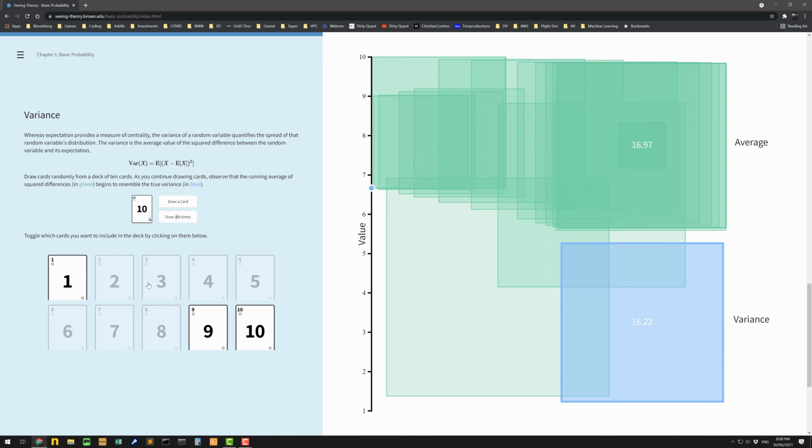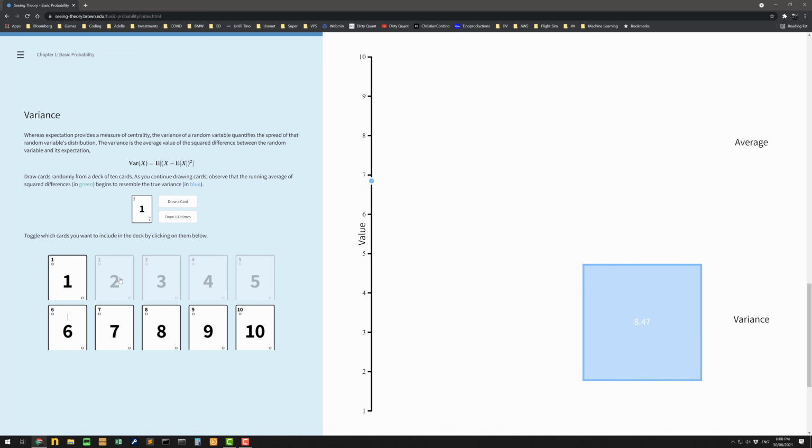So it actually seems like the convergence is dependent on how many cards I have, and even drawing 100 samples, 200 samples, it doesn't quite converge. So it looks like something might be off, unless I'm missing something. I'd expect it to be quite close to 8.25.